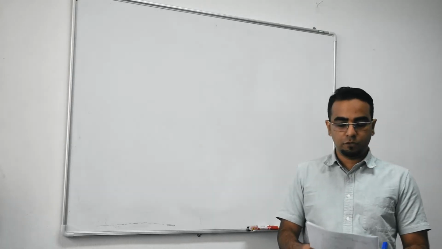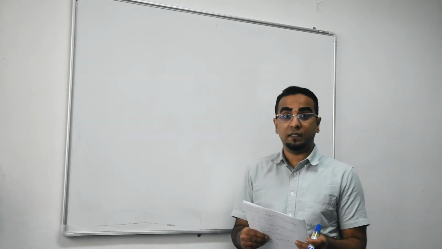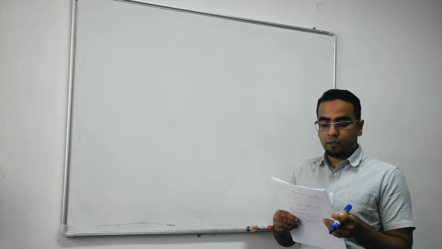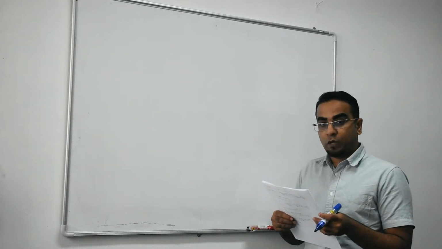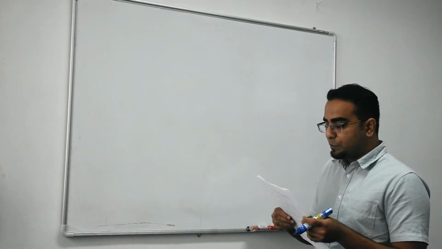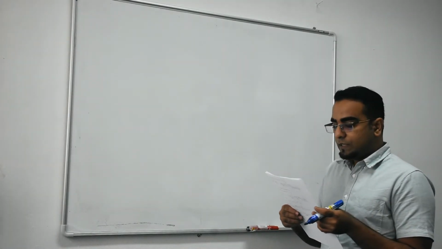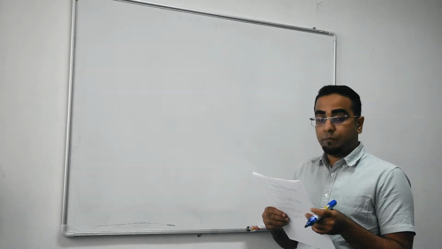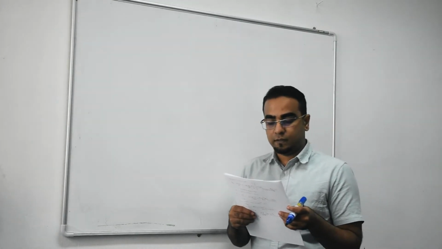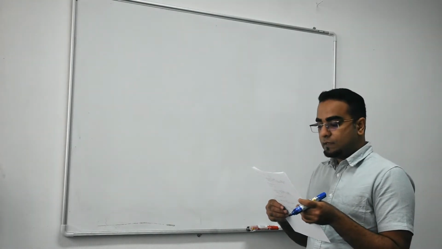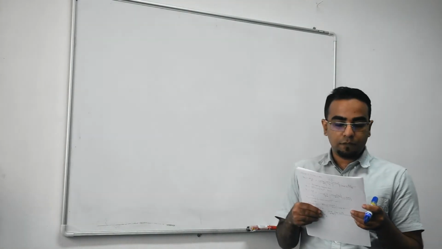Okay, hi everyone. So today we will be looking at how to solve example number 2. So the question is telling us air at 27 degrees Celsius and 1 atm flows at a speed of 2 meters per second over a flat plate which is heated over its entire length to a temperature of 60 degrees Celsius. Calculate the heat flux for A, the first 20 centimeter of the plate, and B, the first 40 centimeter of the plate.